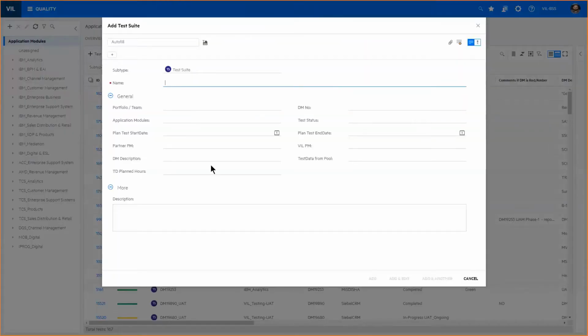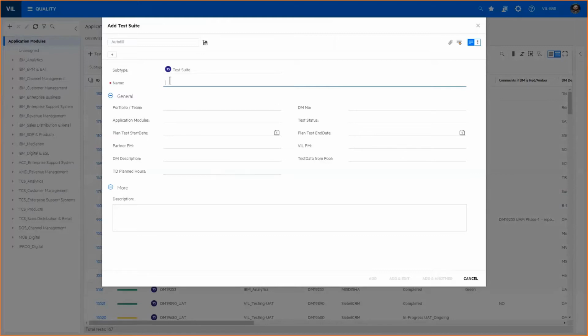These are certain fields that will come up which are mandatory for a new test suite to be created. These fields that have come up currently are based on the new test suite creation. Once you make your demand in progress, there are certain more fields that will become visible to you, so that we'll see along the course of this video. Now, to explain a few fields that are mandatory when you're creating a new test suite: